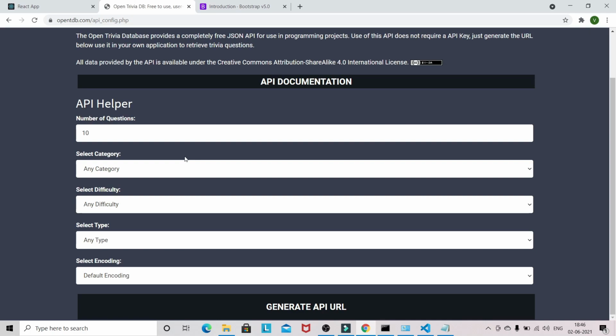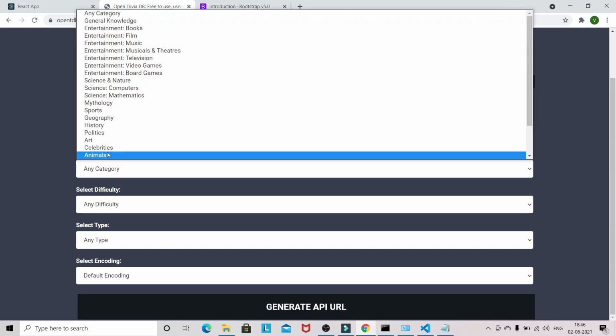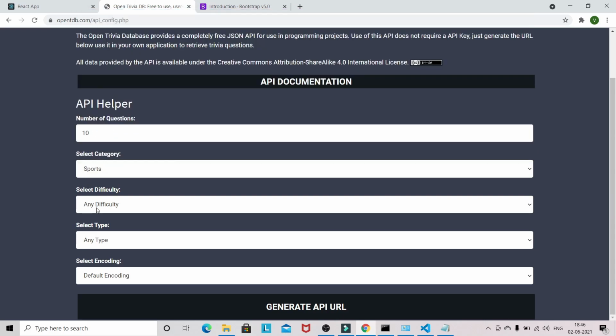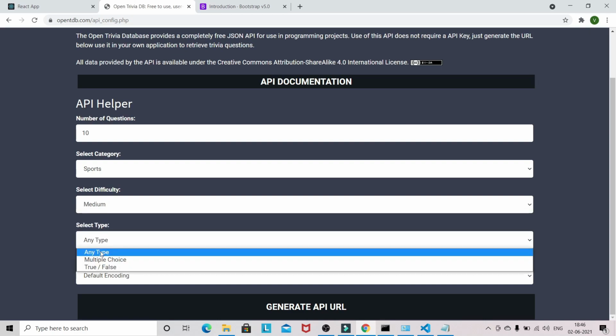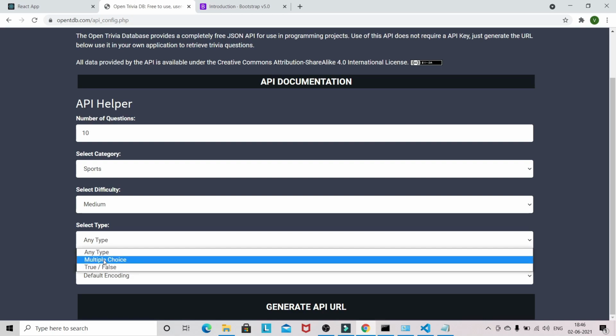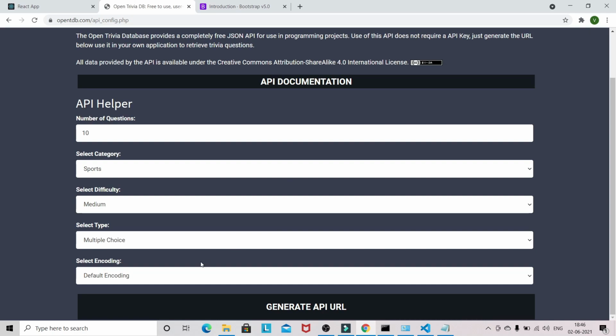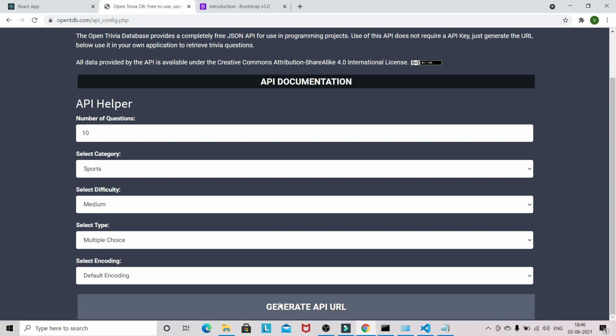Suppose I give 10 questions, category sports, difficulty easy, medium or whatever, and select the type. Any type you can give, or I'll give multiple choice. You don't have to care about the select encoding.